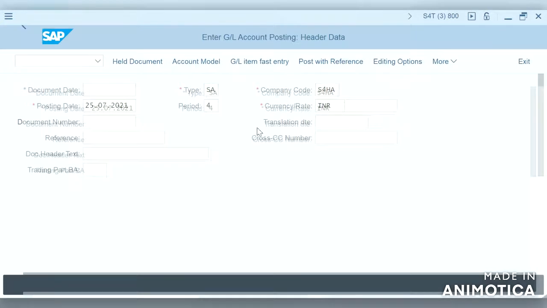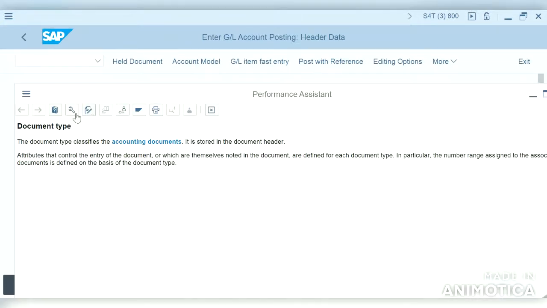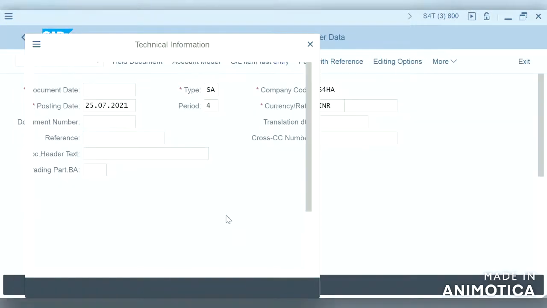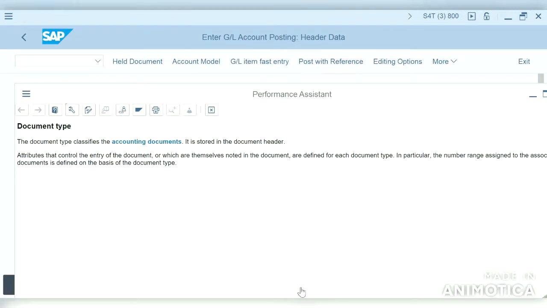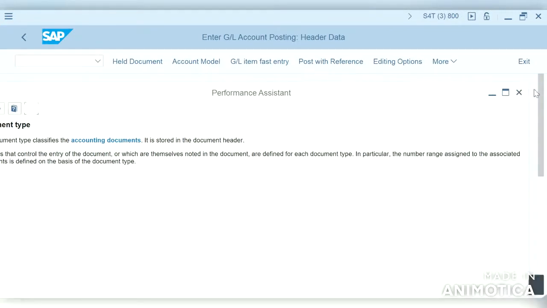So just click on F1 and you can see the technical information. If we click on that, it will show the field name of that particular field, and in table BKPF the field name is BLART. This is document type field. And also it is at header level. So we have to remember all these points.